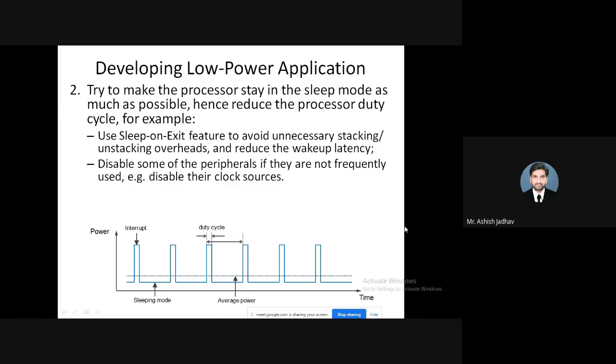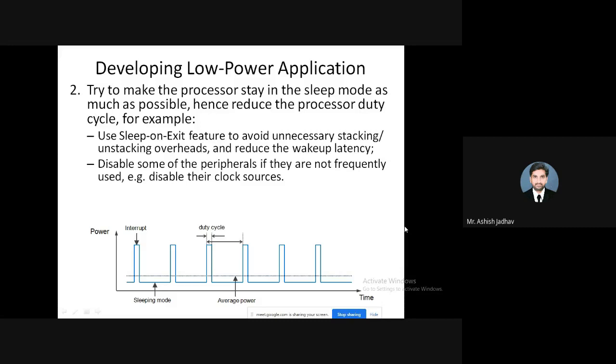For example, one example is given. Sleep on exit feature is given to you. Sleep on exit means, after handling an interrupt or exception, you have to go back into the sleep mode. That is, after the handler mode exits, going into sleep mode is called the sleep on exit feature.